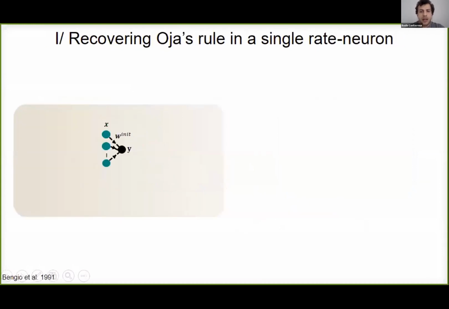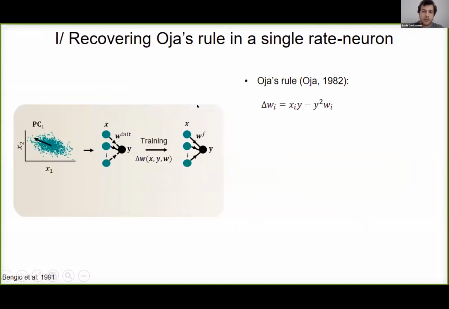As a toy example, here is a linear feed-forward network performing principal component analysis. We know since the 80s that a linear network can have its weights converge to the first principal vector of any dataset, provided its connections evolve according to this plasticity rule named Oja's rule. Oja's rule is a Hebbian rule, so pre times post, x times y. So this is a Hebbian term and also a normalization term for stability. Then we have a loss assessing how far the weights after training are from the first principal vector of the input dataset. And our goal is to start from a random rule in there, and then by minimizing this loss, to recover Oja's rule.